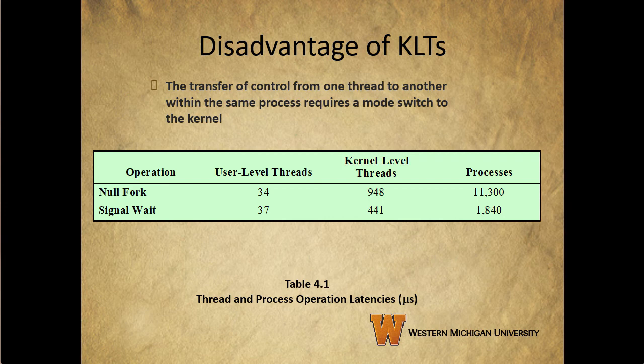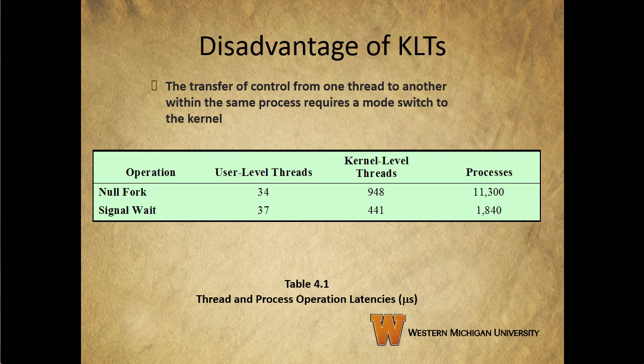Now, the disadvantage of kernel-level threads is fairly straightforward. In user-level threads, we can stay within the user context, the user mode, for the entirety of everything that we're doing. With kernel-level threads, we have to do a mode switch, even to switch control from one thread to another within the same process. This table shows just a couple of sample operations and the latency in microseconds between user-level